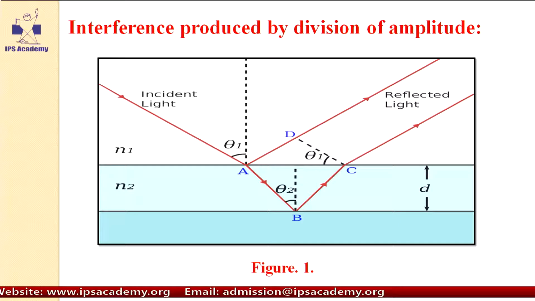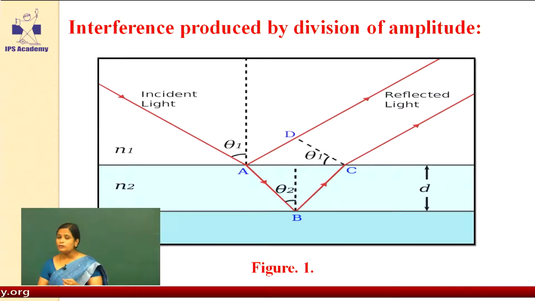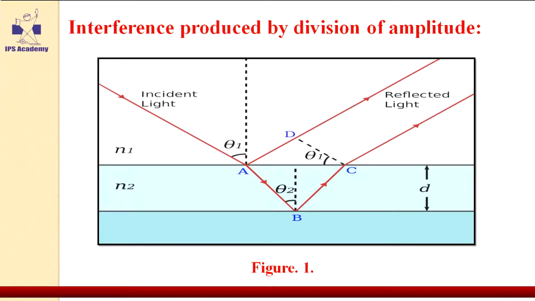In this case refraction occurs when light is incident on the film. There is a partial reflection and partial transmission. The incident light strikes at the point A in this figure, and after that there is a transmission or refraction of light from A to B, and there is a reflection from the point A. So we are getting two lights here: one is the reflected beam of light and the second one, AB, is a refracted beam of light. So here the amplitude divides.